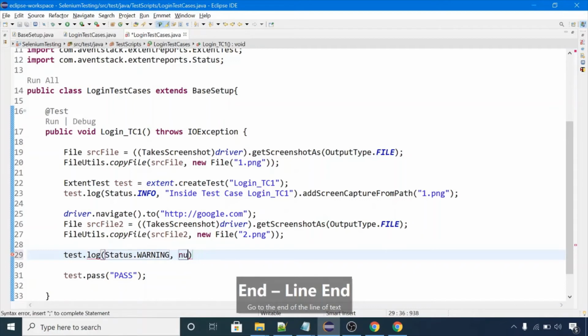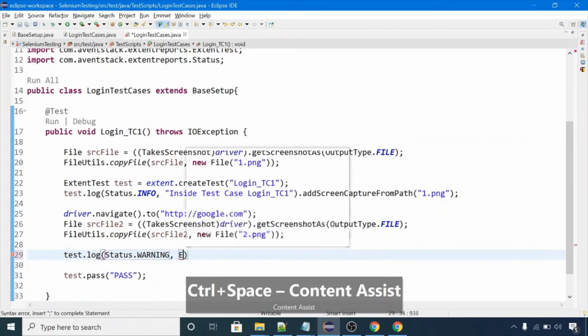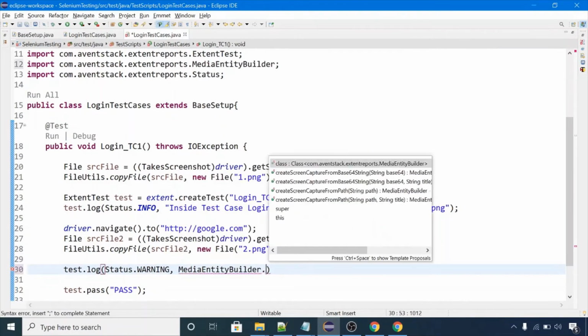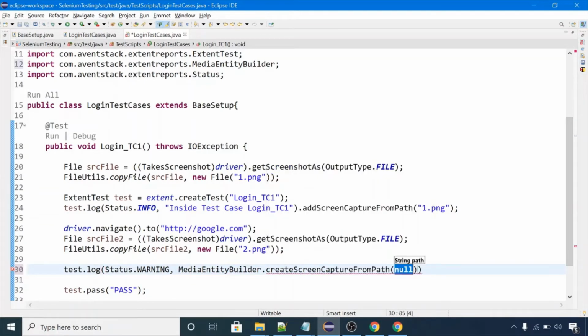In this you can use MediaEntityBuilder.createScreenCaptureFromPath, and in this path you can pass this file path 2.png, and in the end write .build.